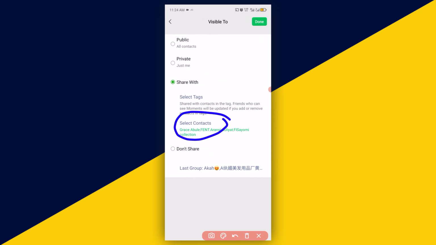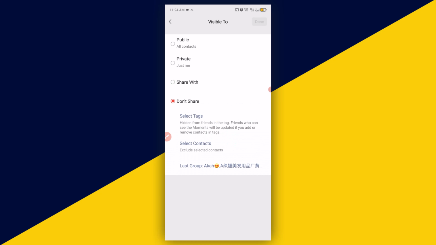Which simply means that by the time you publish your status, only these people will have access to view the status on your WeChat account. Or better still, when you move to don't share, so click on don't share. When you click on don't share, it means that these are the set of people you don't want to share